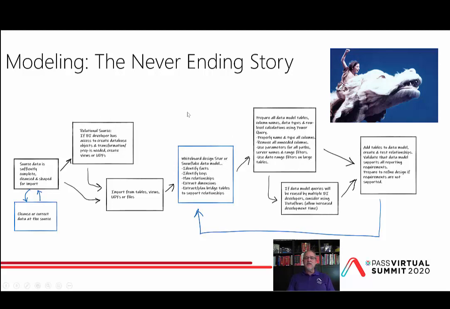Is it a relational data source? If it's a relational data source, then I would typically advocate that we actually develop database objects such as views or user-defined functions so that we can encapsulate business logic and get better performance out of Power Query because it can do things like query folding. Then we're going to import from those tables, views, or user-defined functions, and then we're going to go through our dimensional modeling exercise.